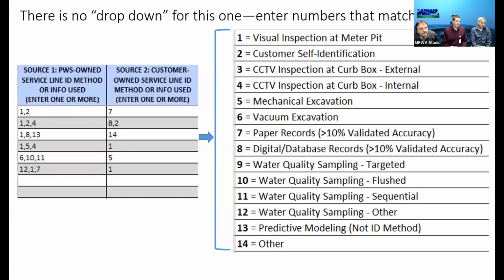So this is for those state approved ID methods. You would enter a number and a comma after that, because some were saying there's no drop down menu option for these. But if you click the heading, it'll say to enter the number that corresponds to whatever method. It doesn't have to be all visual inspection or anything. That might be a last resort if you don't have any other records or information or sampling to go by. But you just enter one or more methods there with commas in between.